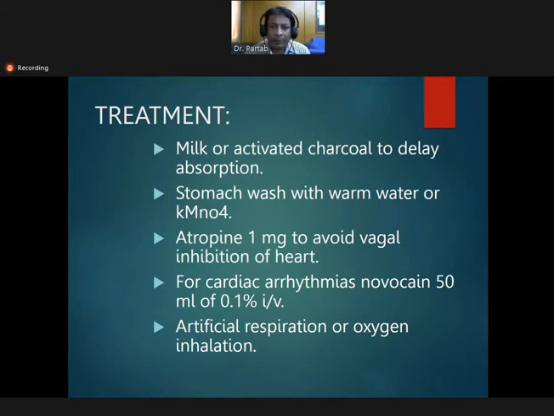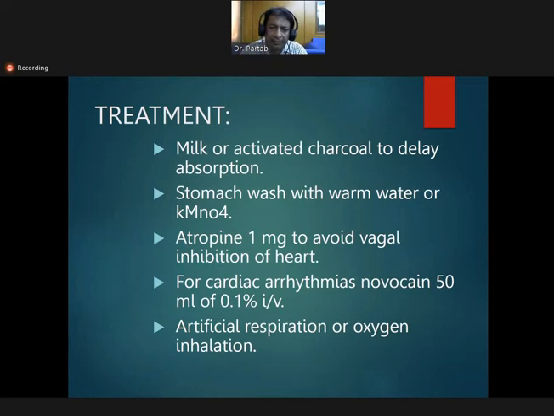Then you start the treatment. If you take it out as much as possible, then for the absorbed poison, you can give atropine 1 milligram to avoid the vagal inhibition of the heart. You can atropinize the patient time by time to delay absorption from the GI tract, as the poison advances to the duodenum, the jejunum, and the large bowel. You can delay the absorption by atropinizing the patient, and when it acts on the heart muscle, you avoid the vagal inhibition on the heart with 1 milligram. For cardiac arrhythmias,